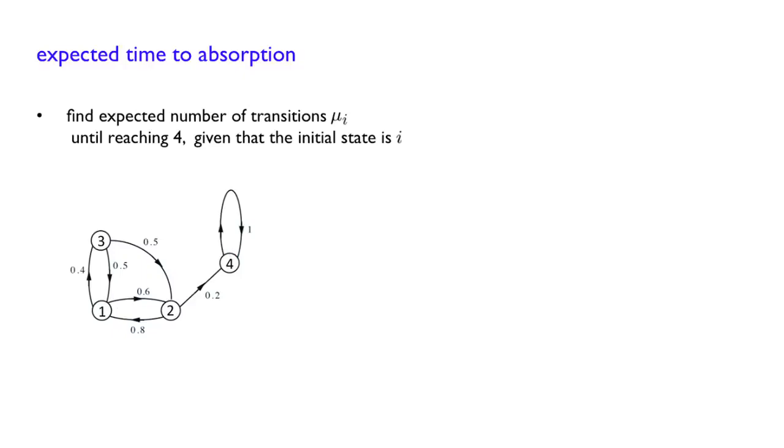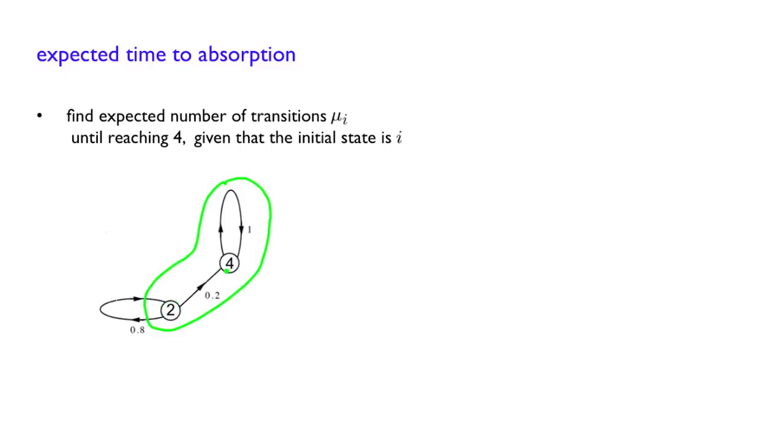First, as a warm-up, let's do some quick calculation. Suppose you didn't have this part here, and instead we were looking just at this portion, and we make this one disappear and replace it by a loop of probability 0.8. So now if you start from state 2, with probability 0.2 you will go to 4, or with probability 0.8 you will remain in 2. And now you ask yourself, what is the number of trials you have to do until you reach 4?